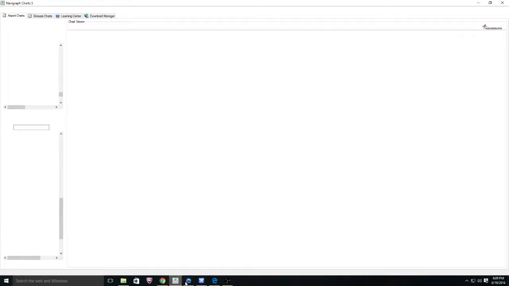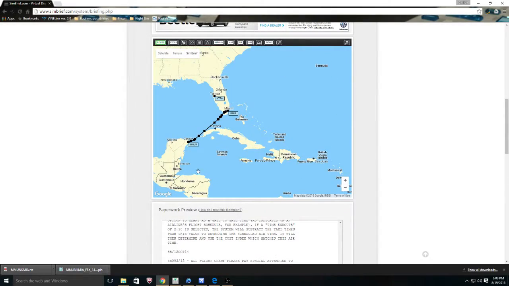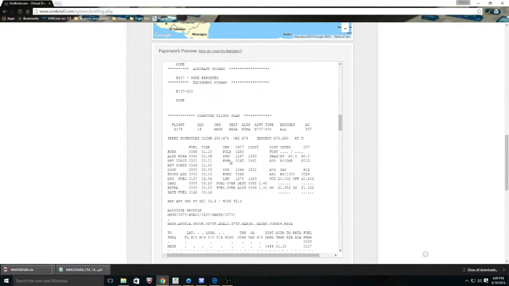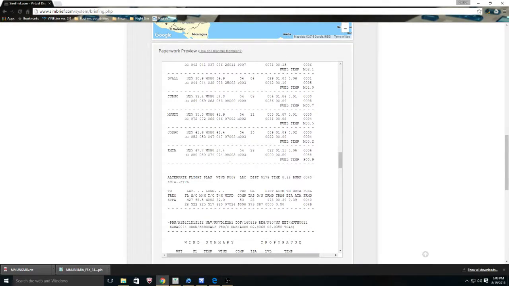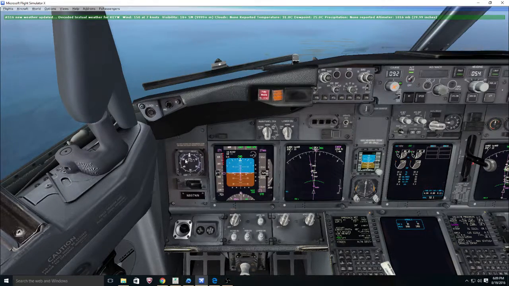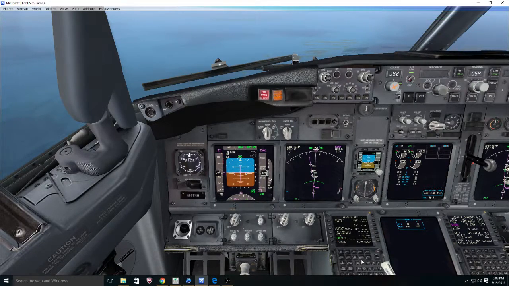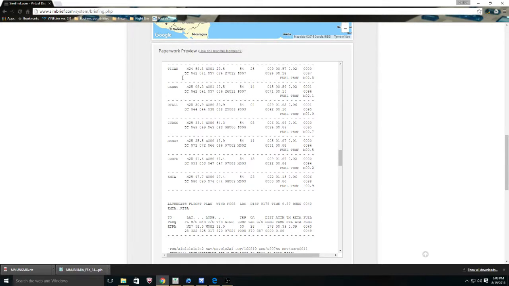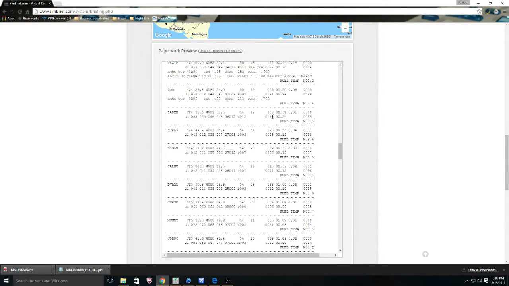We could check how we're doing on fuel. We can't really check the duration because I didn't set the chronometer, but we are coming up on Eden. So at Eden, we should have